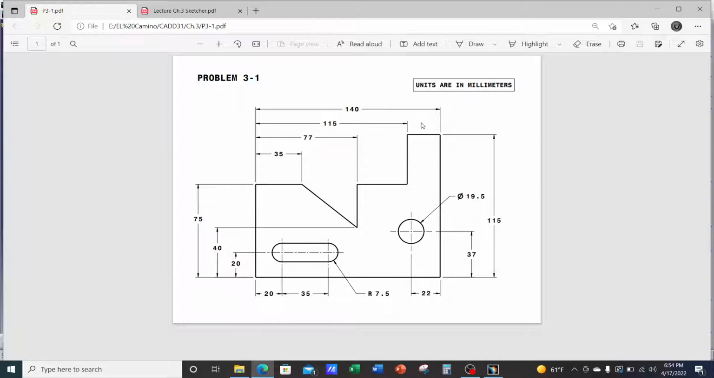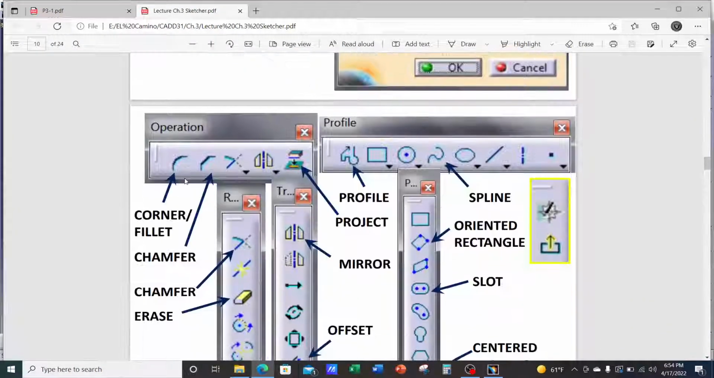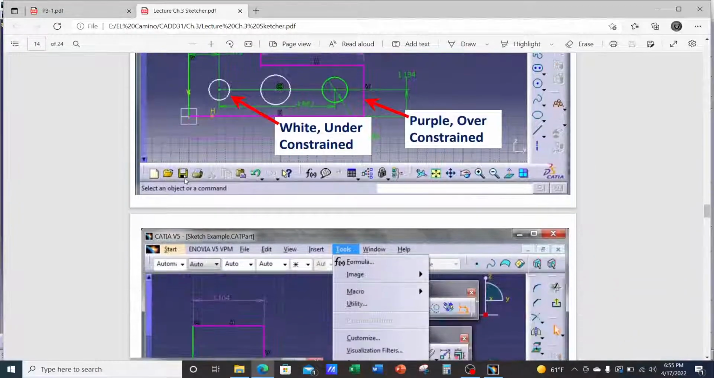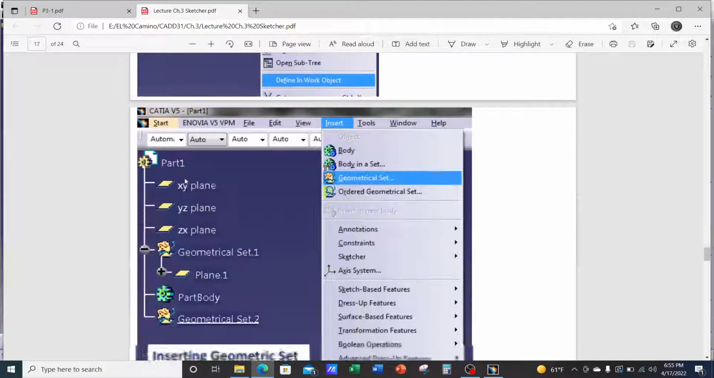Problem 3-1. Okay, notice it's in millimeters. So if you haven't done any changes on the settings for CATIA, it should default to millimeters. But if it doesn't, let me show you how to change the units. And in our lecture notes, and I will be providing a separate YouTube video for the lecture notes. If you need to change the units,